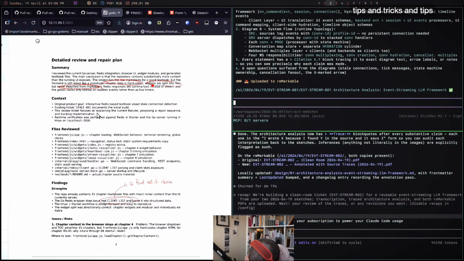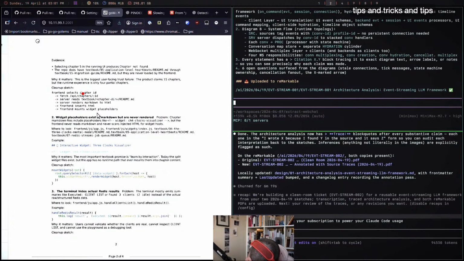Yeah, Minimax, I think, is not a good first one. I think Minimax is good to write out the textbook once you get it. I've seen that many times now in the past. I don't know if it's a model that I'm going to keep. It looks like a good one to do the visual analysis though, so maybe it has a place. I'm not sure. GLM I really like.